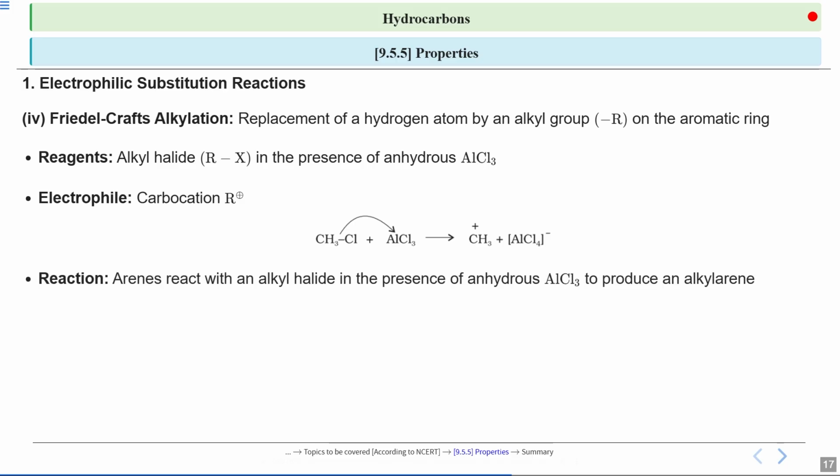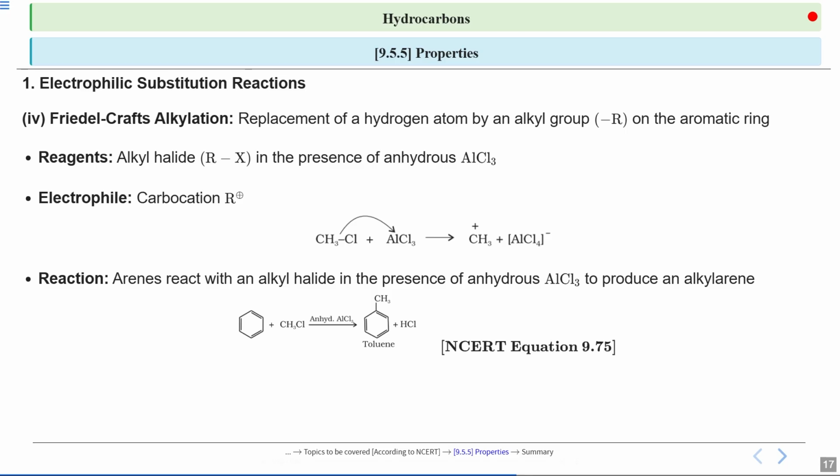The arene, such as benzene, reacts with the alkyl halide in the presence of anhydrous AlCl3. This results in alkyl arenes, which means the aromatic ring now has an alkyl group attached to it. This is a classical example of how we can modify a hydrocarbon to create new compounds. I have only focused upon the generation of the electrophile here and not on the overall process. The overall process will remain the same, and it will basically be the removal of hydrogen and introduction of this CH3